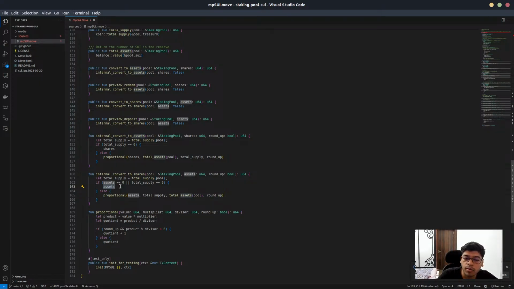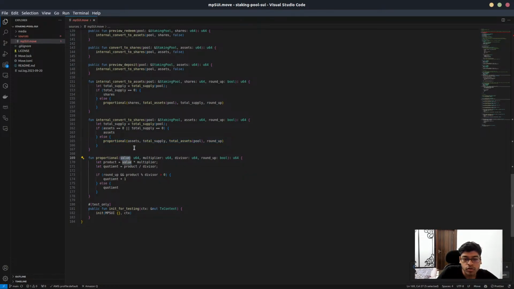Okay, so now I understand it. I think initially, if the pool is empty and you deposit, let's say 10 Sui tokens, then this condition will trigger. Total supply is 0, and the amount of shares issued against you will also be equal to the amount of asset that you transferred. Else it will do this proportion function. So the proportion is taking the amount of tokens we want to transfer, then the total supply as the multiplier. So let's say we want to transfer 10 tokens and the total supply is 20 already, and